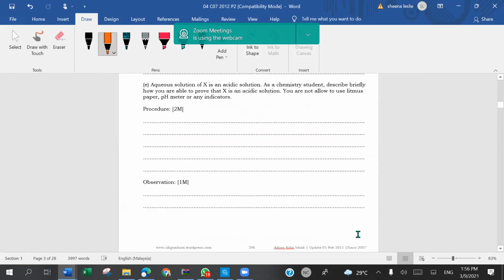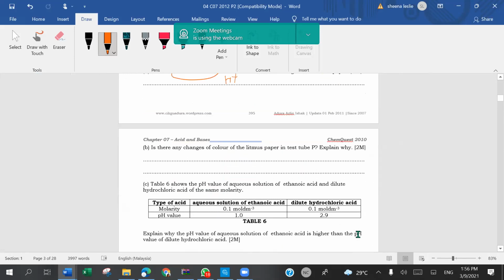Okay, the answer is no. Why no? What's the keyword I've been telling you? No presence of water. Very good. Point number 1, no presence of water. So if water is not present, therefore,